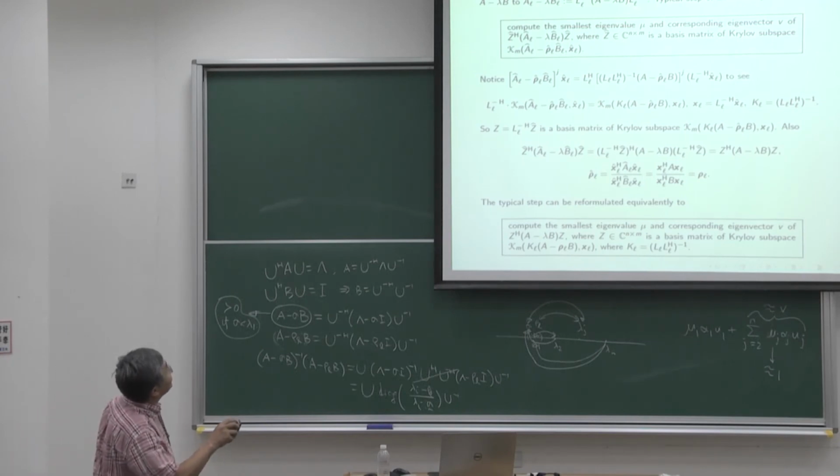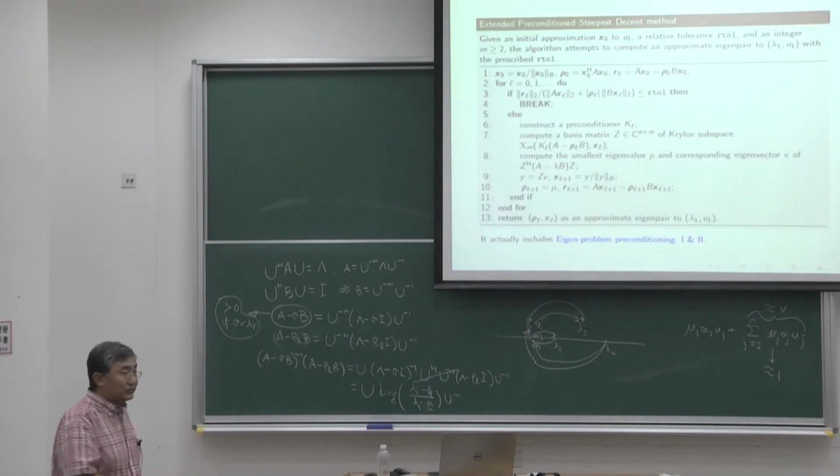So this step is equivalent to this: compute the smallest eigenvalue mu and corresponding eigenvector V of the projection matrix of the original matrix, where now Z is a basis matrix of the Krylov subspace, and the only thing is that there's a KL here to be a preconditioner. You can take KL to be constant for a constant preconditioner. All right. So to summarize, you end up with a preconditioned